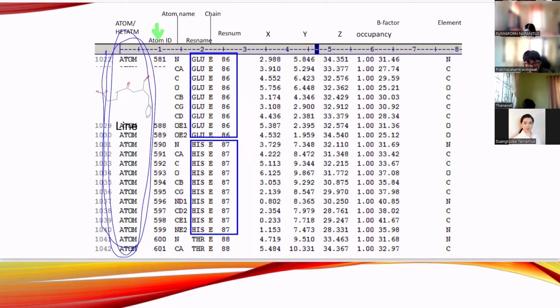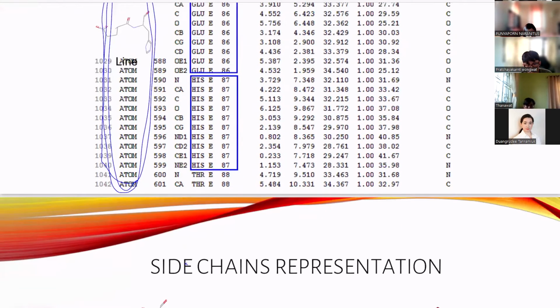So the molecular visualization tools that I will probably teach you in the protein visualization class will generate the pretty pictures for these atoms. So the flat file looks like this, and it just tells you the location of atoms in X, Y, Z coordinates in Cartesian. And then it will draw the picture that you saw earlier in the video, for the sidechain representation,